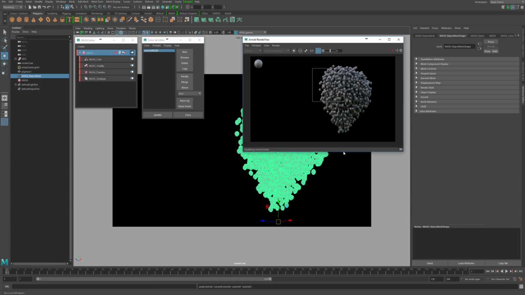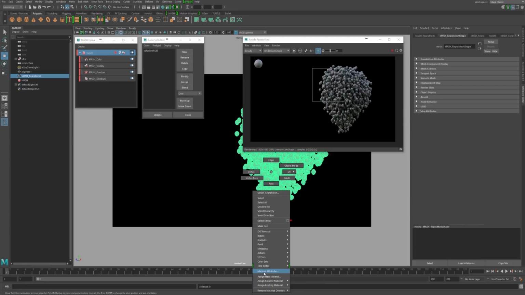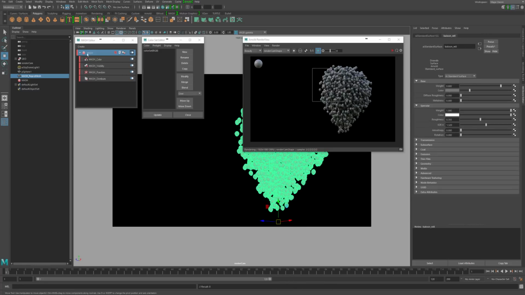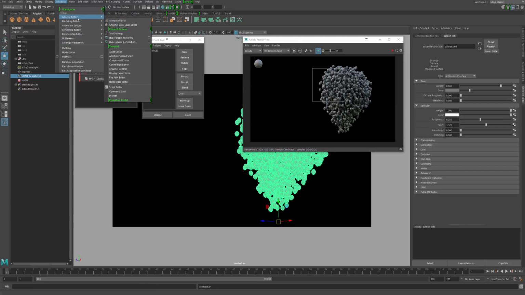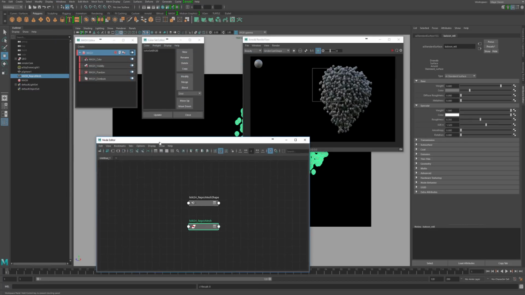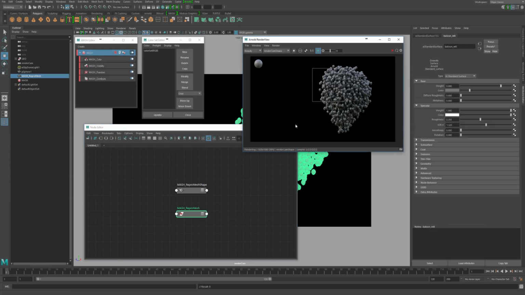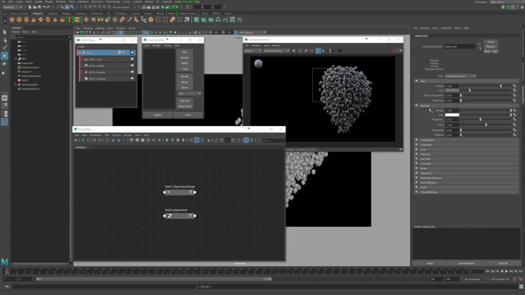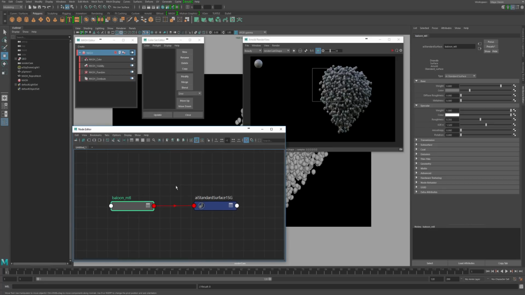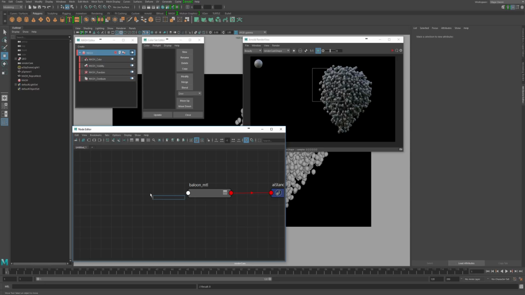Now if you render again, it's still going to be gray obviously because Arnold doesn't know how to access this color. So if you go back to our shader and right click and go to material attributes, you can see they're still pulling in this constant. So if I go to general editors, node editor, here we go. If you've never used the node editor, this might look a bit daunting at first, but if you select your balloon material and hit this arrow, it's going to come up with the shader, and we need to create a node called